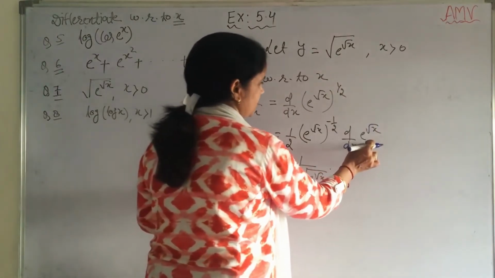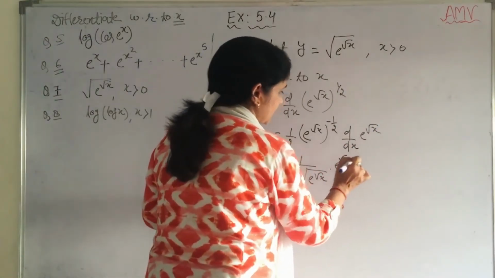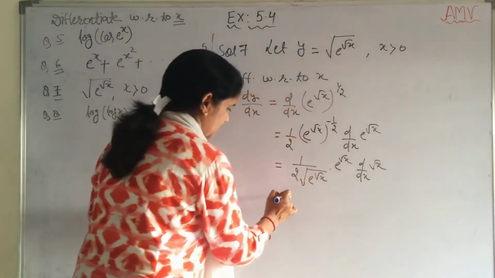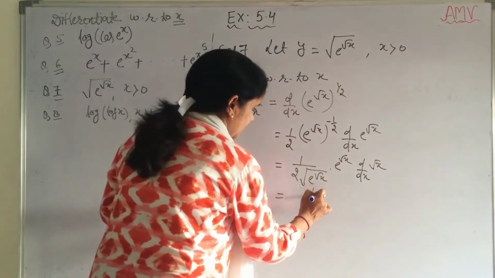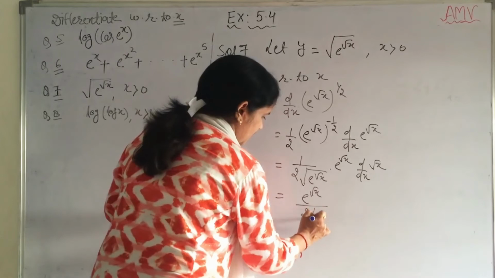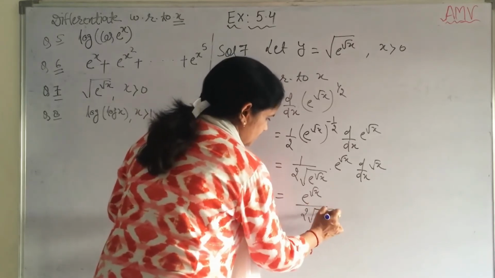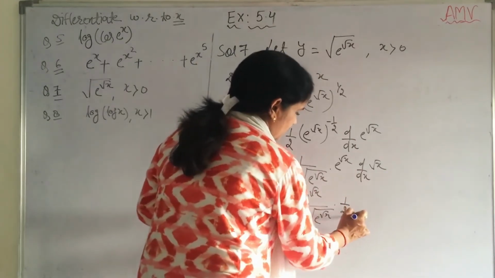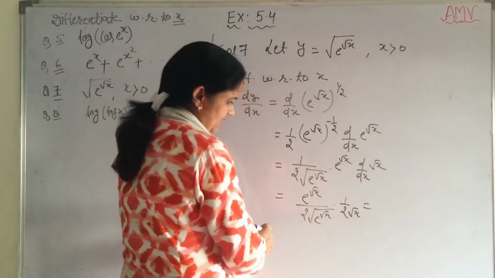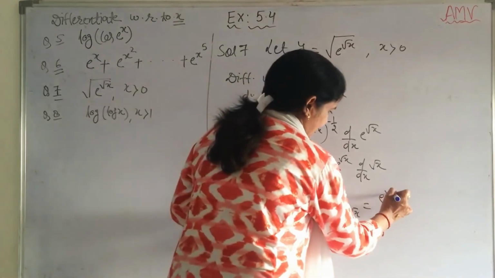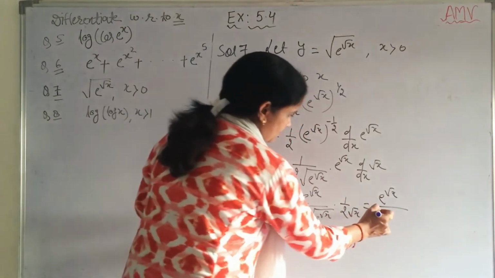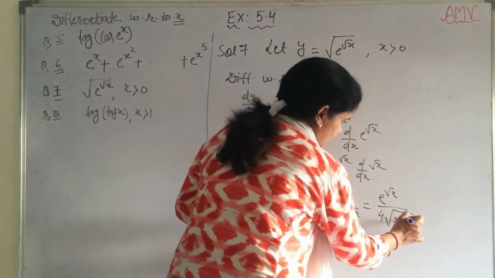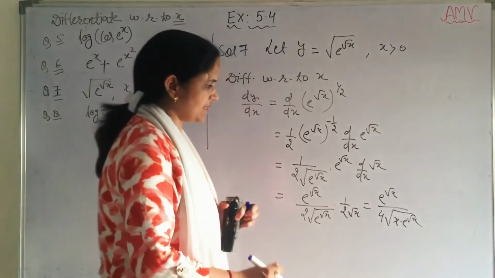Okay. Now derivative of e raised to root x, it is e raised to root x first and then derivative of root x. Okay. So it is e raised root x by 2 and here under root e raised to root x. Now derivative of root x, it is 1 by 2 root x. Okay. So final answer is e raised to root x, here 2 2s are 4. Okay. And the root it's x and e raised to root x. It is the answer.